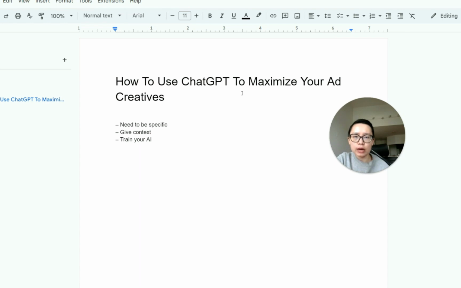And lastly, train your AI. I think this is a common mistake that many people make: when interacting with AI, they don't think of it as a process, but rather a one-stop destination. You need to train your AI to learn. You need to start from a broad question and then go step by step, until you ask the final question where you actually want the AI to generate the final product that you are looking for.